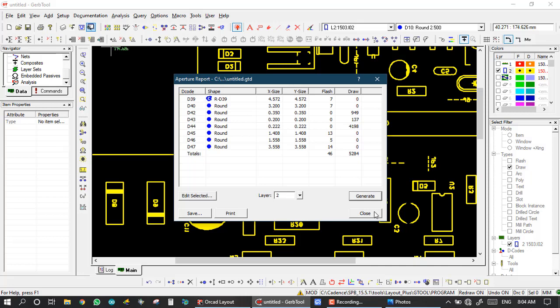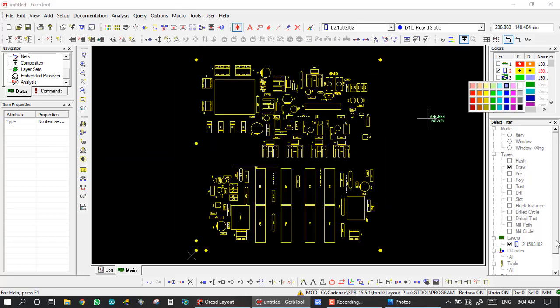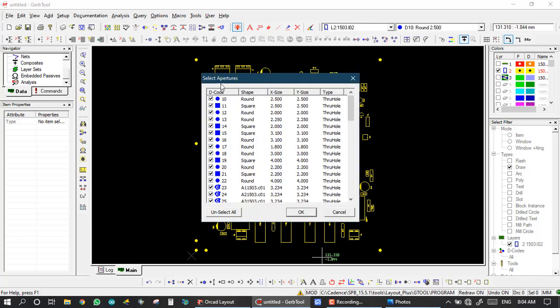Now we close it, go home, and go to D-code. We have the select filter. In this we set the D-codes, so I right-click on D-code. Here select aperture, which shows all D-codes.